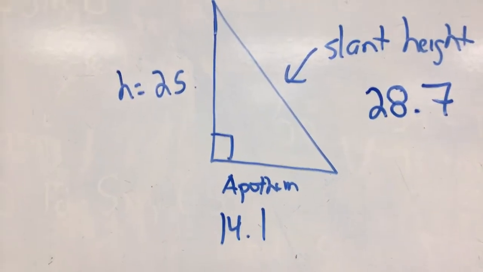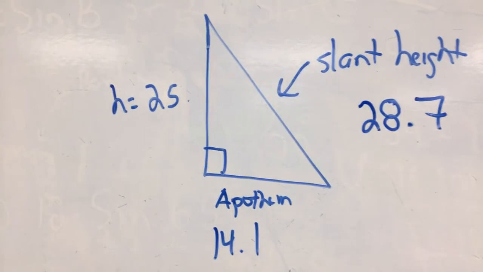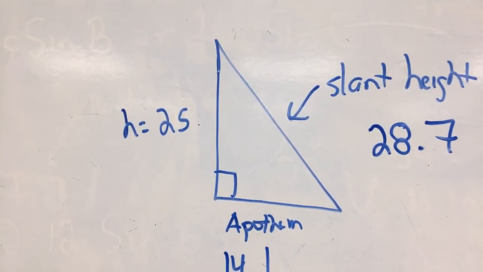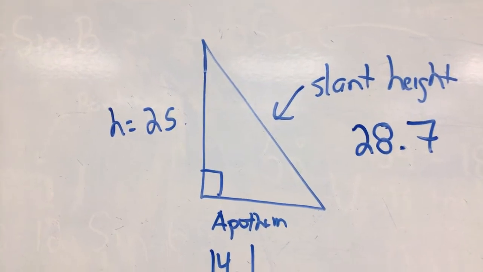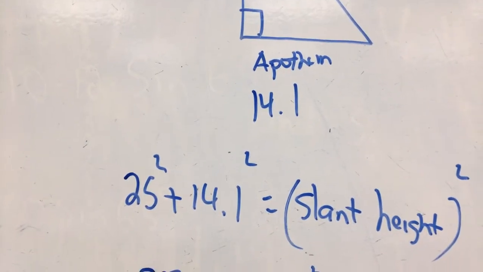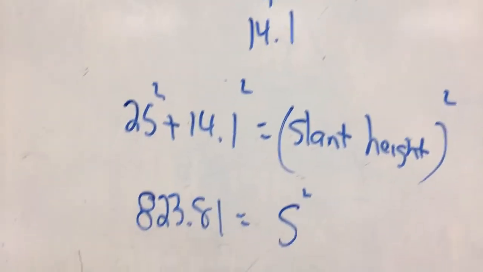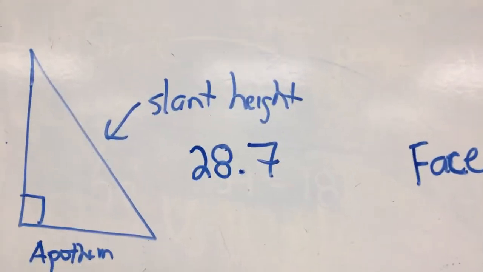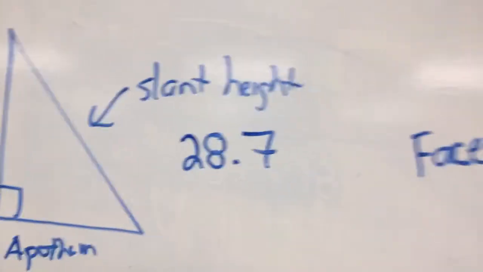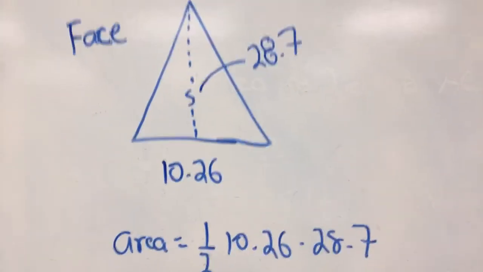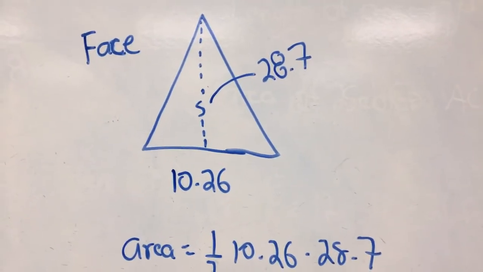So to find that, if the length of the bottom, or the apothem, is 14.1, and the height is 25, I can use the Pythagorean theorem to find the hypotenuse. 25 squared plus 14.1 squared is equal to the slant height squared. 823.81 is equal to s squared, and my slant height is 28.7, all right? Now, I have everything I need, because I know the length of the side, 10.26, and I